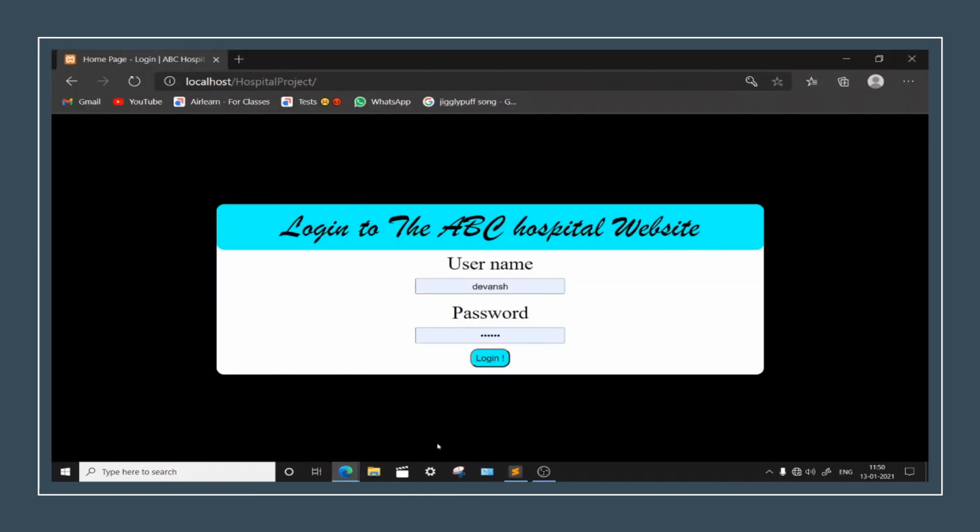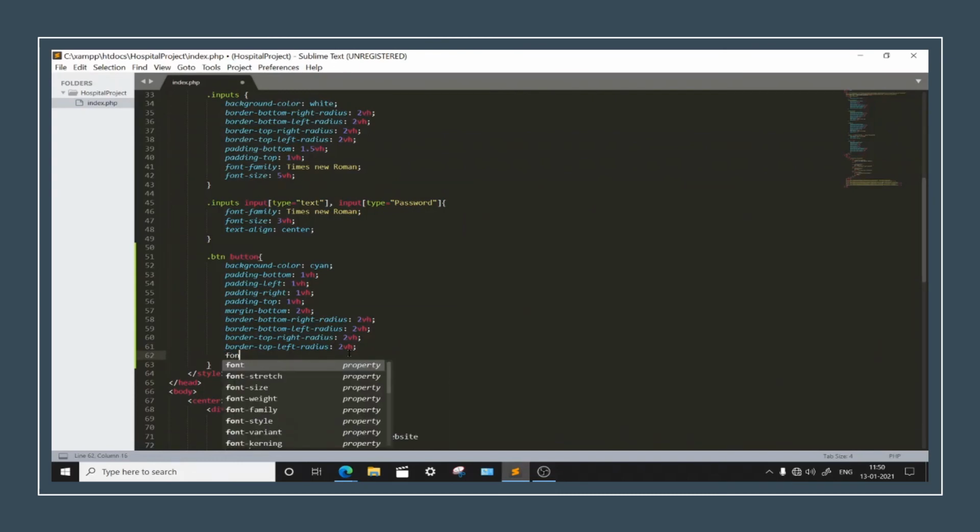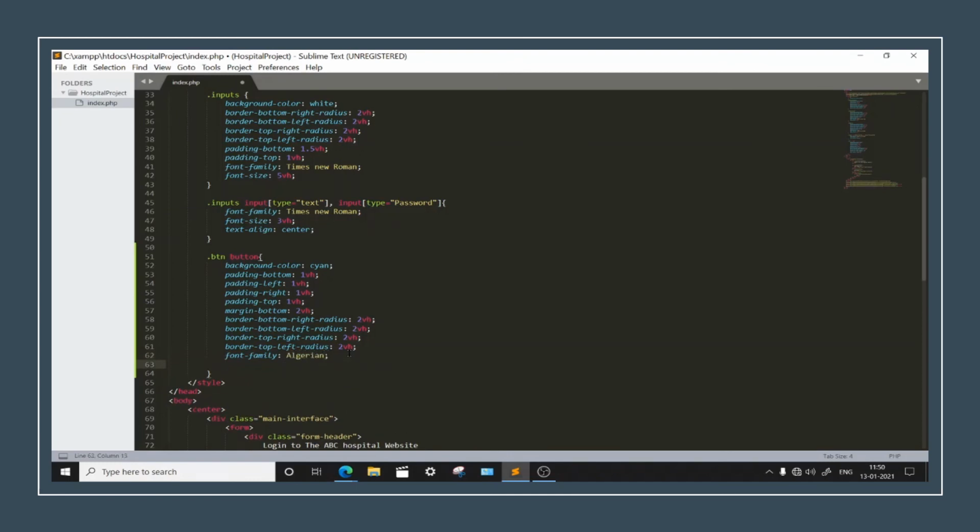Well, yeah, looks fine. Now let's go for the font family to be kept as Algerian, all fine, and font size should be kept around, let's say, 1.5 is fine.